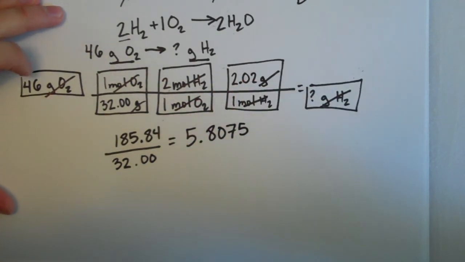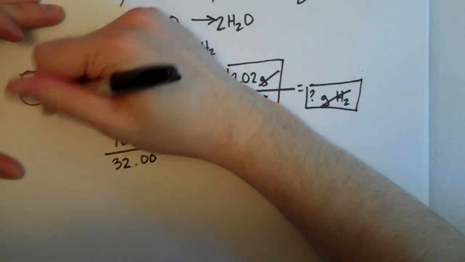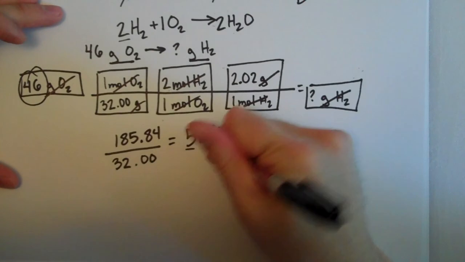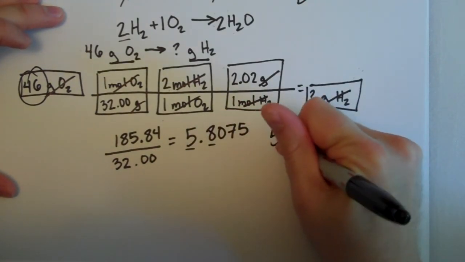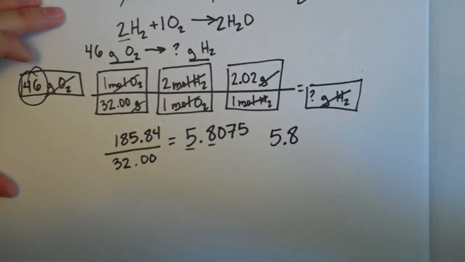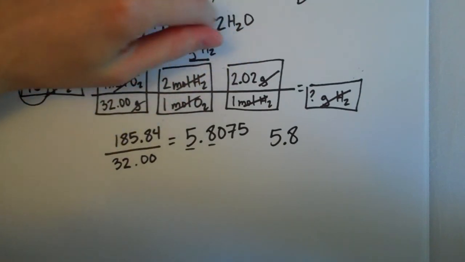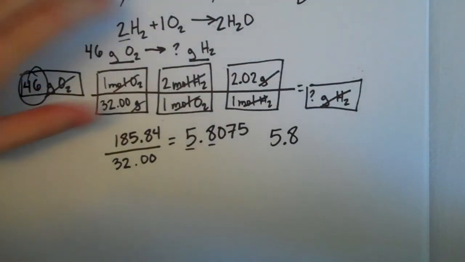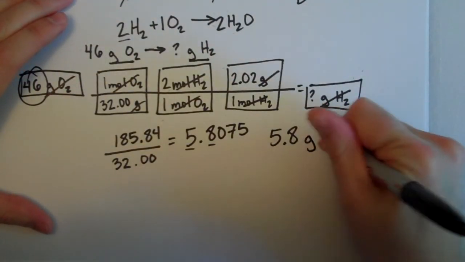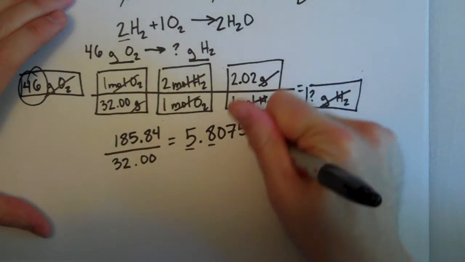5.8075. Okay, now, well, how many sig figs can we have? Well, we started with 2, so let's go ahead and keep 2 in our final answer. So we're going to write 5.8, and what are the units? Well, it says question mark grams of H2, so this has to be grams of H2, and that